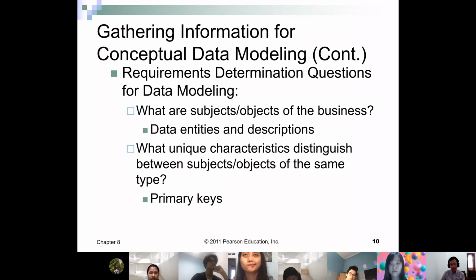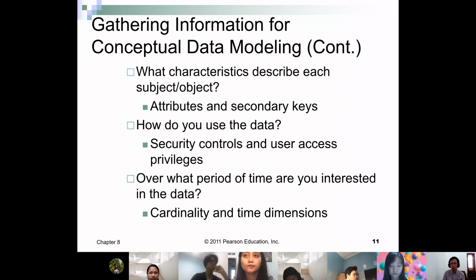So we need to identify what kind of entity there is, and also its description, the attributes of that entity. Again, one entity probably has many attributes, but not all of them need to be recorded. For example, you, a student, as an entity: there are plenty of attributes attached to you as a student.